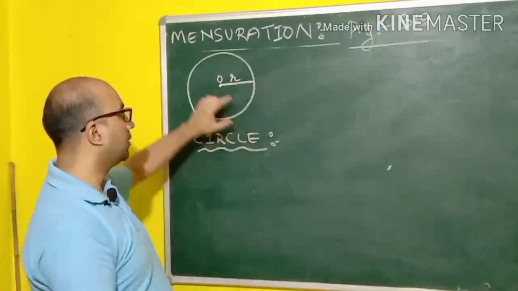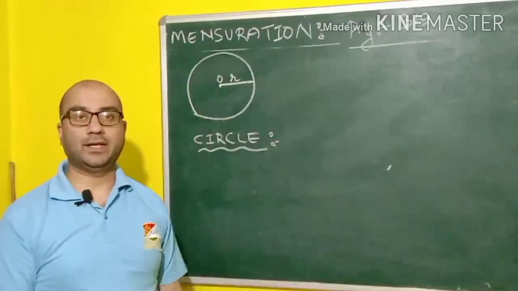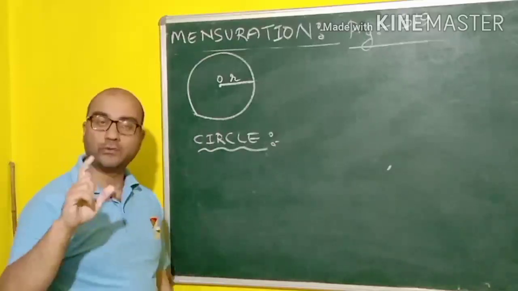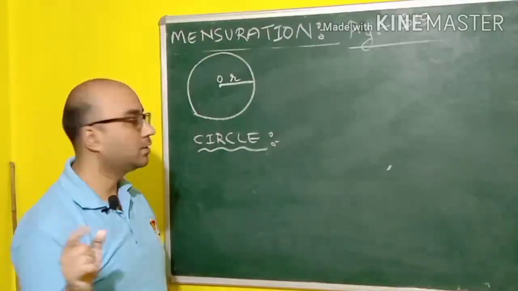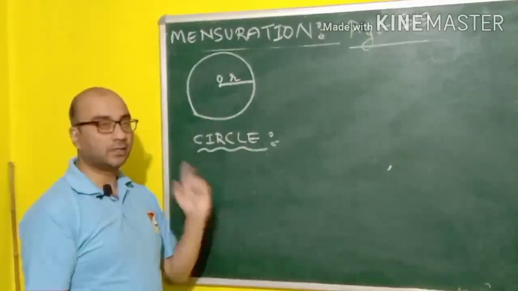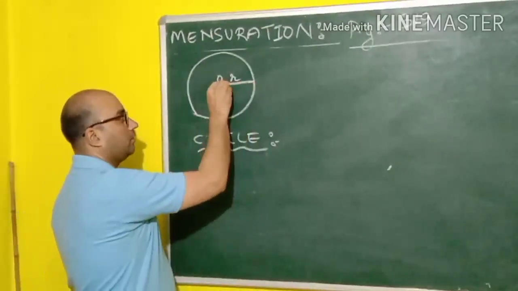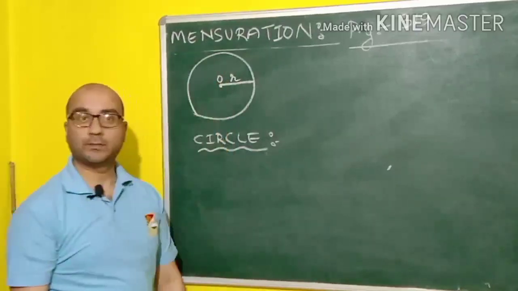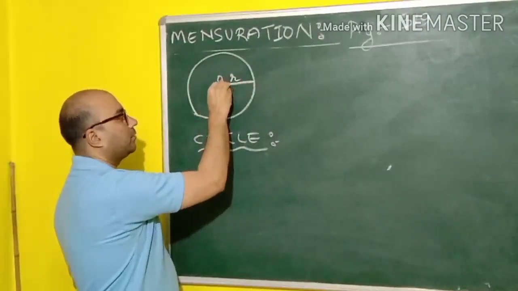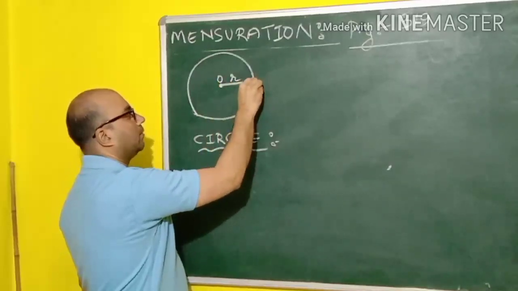Okay, my circle might not be very accurate because I have drawn it freehand. Whenever you are drawing a circle, use your compass to draw the circle. So this is a circle. Now the circle will have a center, usually denoted by O. So this is the center of the circle, and the distance between the center to the boundary,